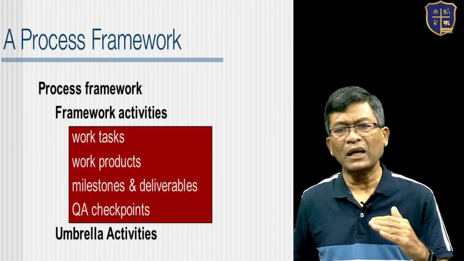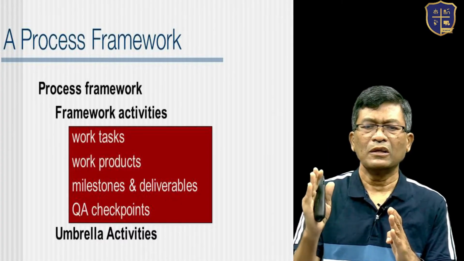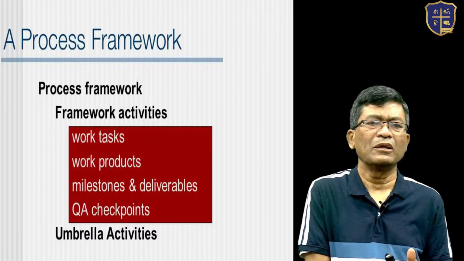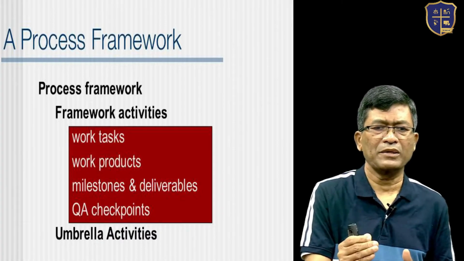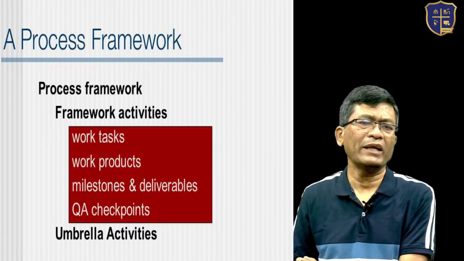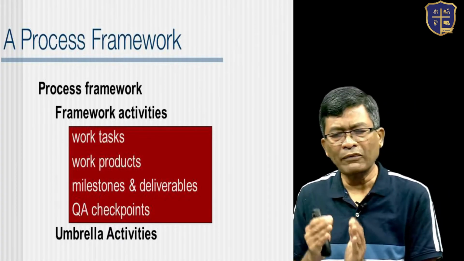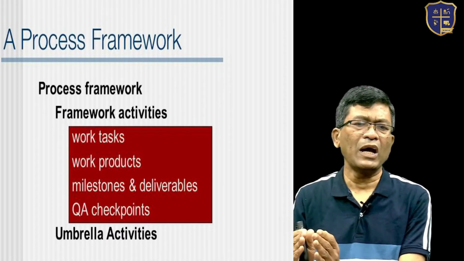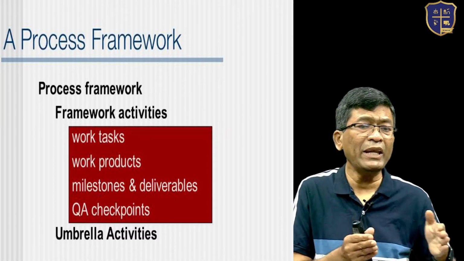And all these are done with certain milestones and dates, target dates to achieve. By end of this first week, I complete my SRS, software requirement specification, that's a work product. Milestones, by fourth week the architecture will be done. So finishing SRS first week is a milestone and deliverable is SRS. The fourth week architecture is done, the software architecture document is done, that's a deliverable. Fourth week is a milestone to achieve. So there are many milestones.